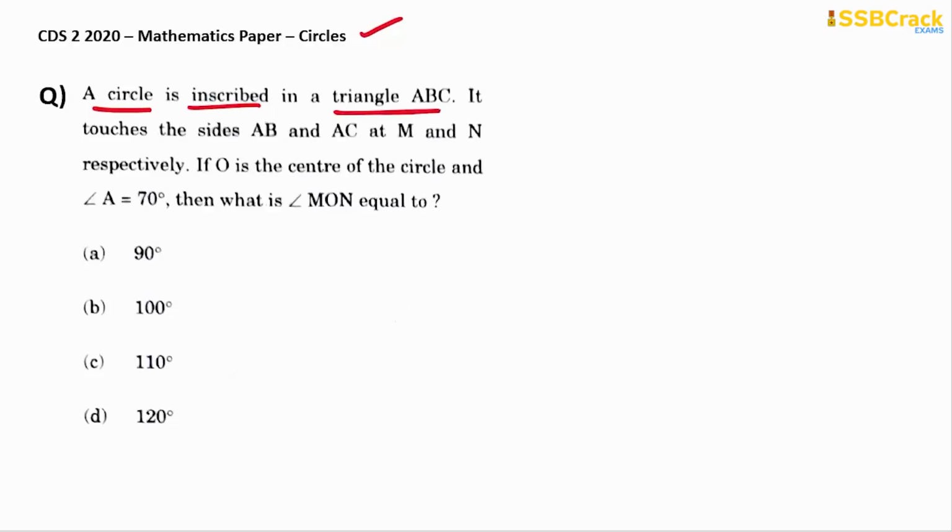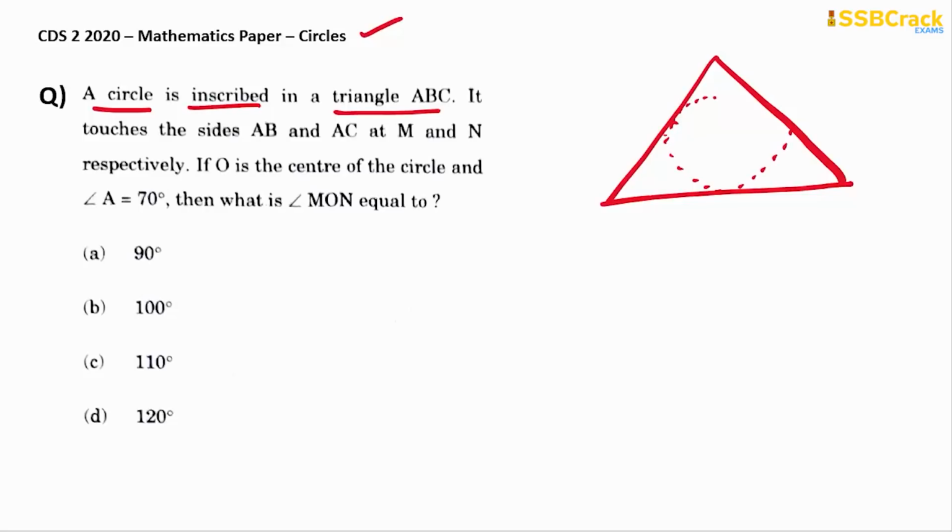in a triangle ABC. Alright, a circle is inscribed in a triangle ABC. So let's visualize that in short to understand, because geometry is all about drawing a diagram and understanding the question. You cannot easily understand the question unless you draw the diagram. And as soon as you draw the diagram, parallelly in your mind the solution goes on and you can easily get the answer. So here we have a circle which is inscribed in this triangle.